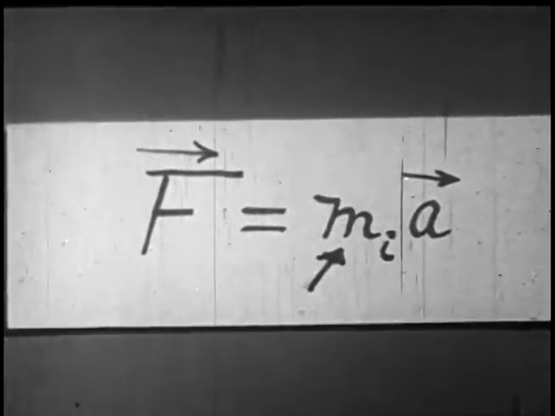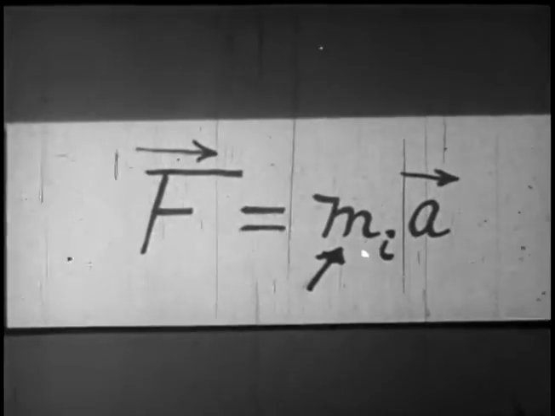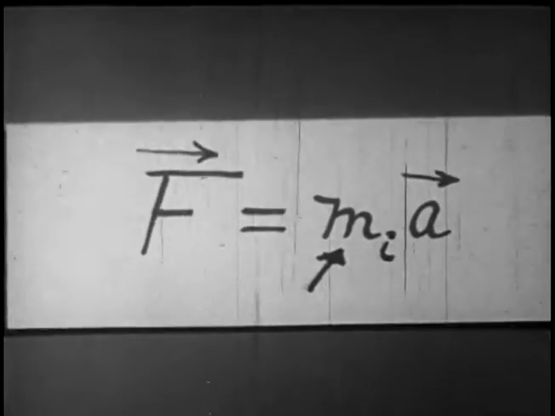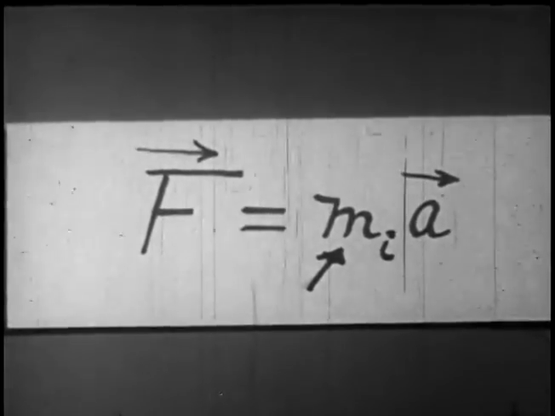Secondly, from experiments with projectiles, we found that the horizontal and vertical components of motion were independent one of the other. What happened in one direction did not depend on what was going on in the other direction. This experimental evidence lends support to the idea that Newton's law of motion is really a vector law, and it's a vector law in which force and acceleration are the vectors, and mass is a scalar. This scalar mass has no directional properties